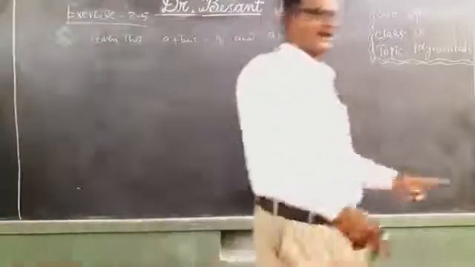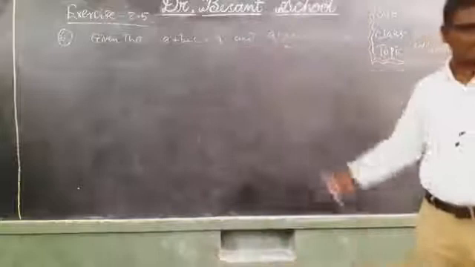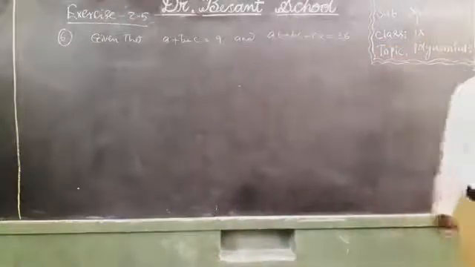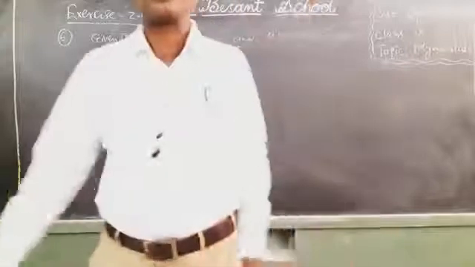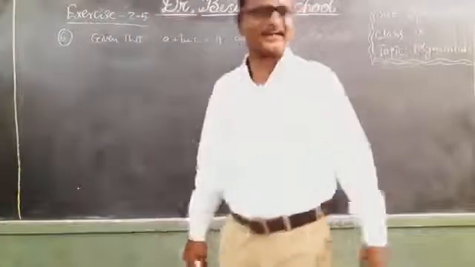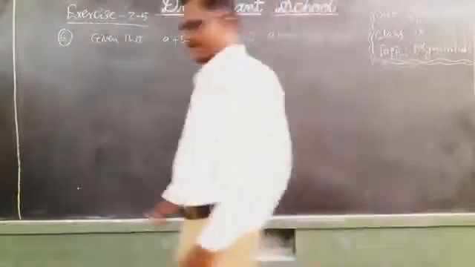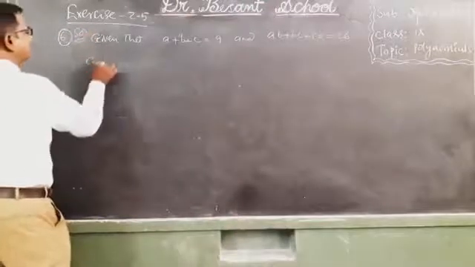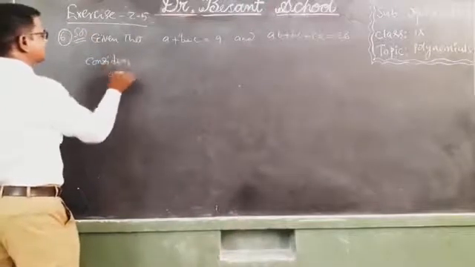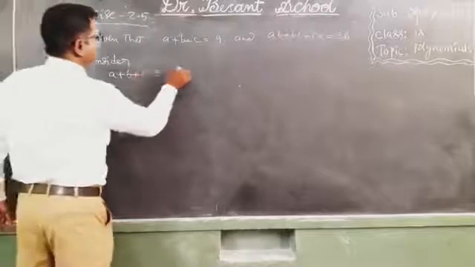Children, you see, it is given that a plus b plus c has value 9 and also ab plus bc plus ca equals 26. We are asked to find out the value of a square plus b square plus c square. It's a nice problem from an examination point of view. Concentrate. Children, verify, this is the solution. Consider the first one. What is it? a plus b plus c is equal to 9.